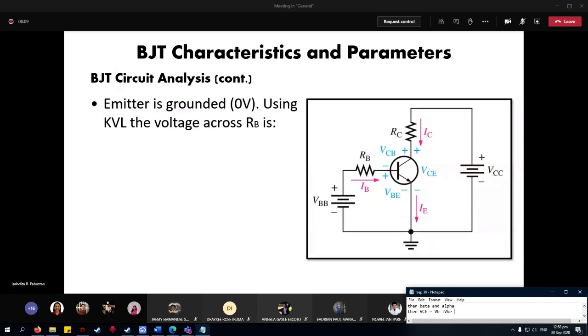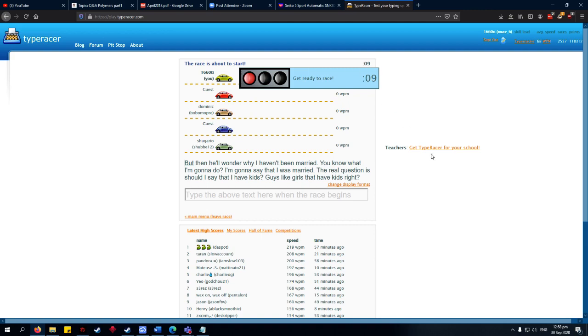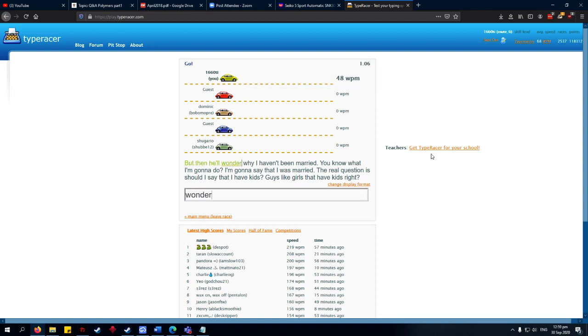Tapos, anong mangyayari? The tendency na naman is for you to memorize, ano. Nung sine-check ko yung test ninyo, midterm exam, ganun nga yung nakita ko, nagme-memorize ng formula, pero hindi naman umuubra, hindi naman umuubra yung minemorya, ano. So, kasi iba na yung circuit, na. So, dapat, very flexible kayo, ano,